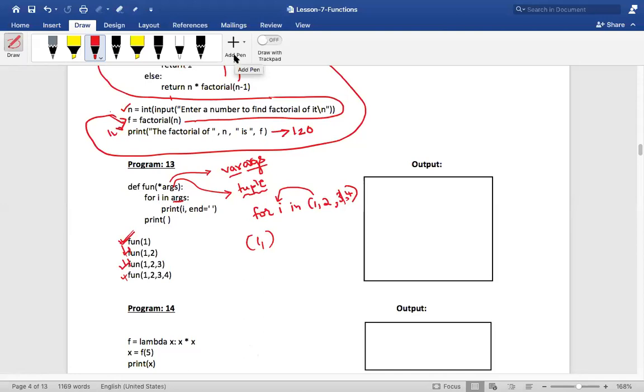Recursion will take more of your stack memory, but sometimes it is better than loops. But again, there is no particular answer whether recursion is better or loops are better. It depends on the applications. You will have to first run your applications in real time, see which is taking more time, and based on that decide. There is no one answer which says which is better. It all depends on your real time application. Okay, sir, thank you.